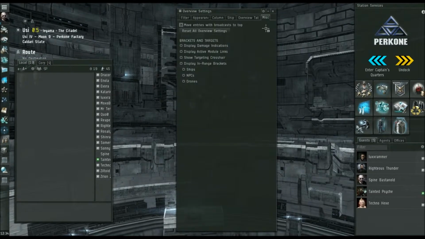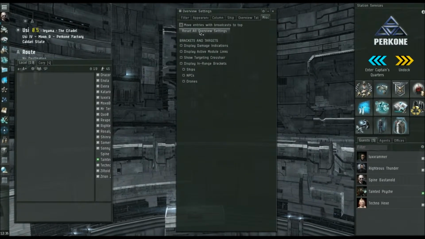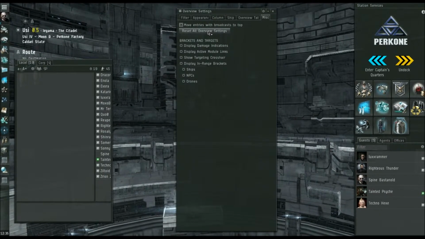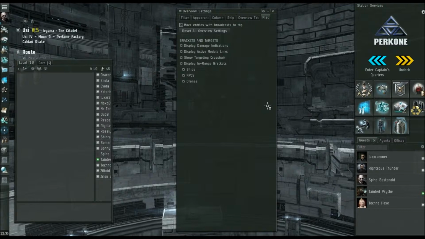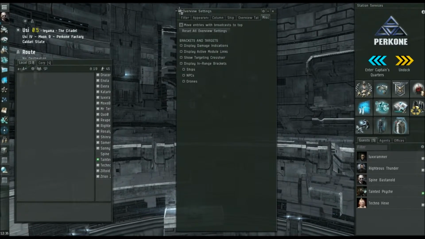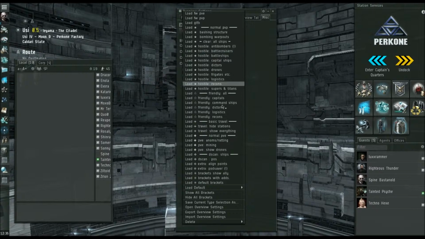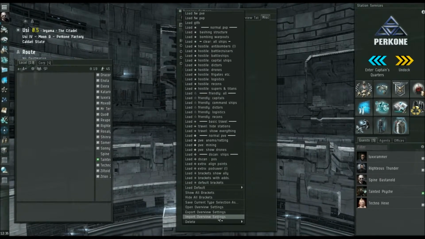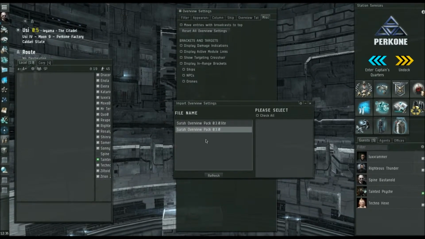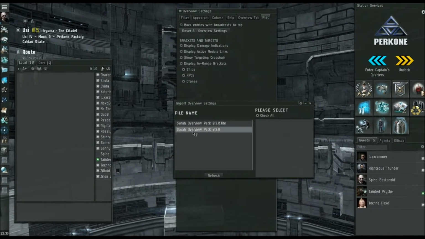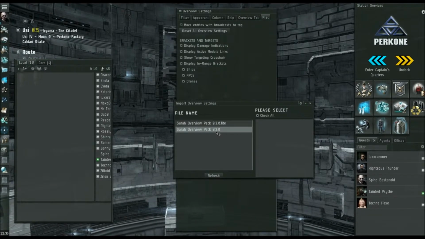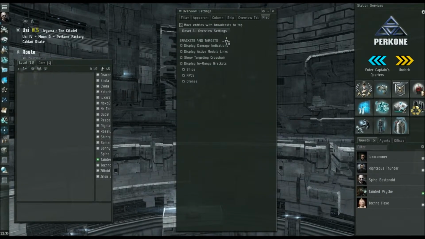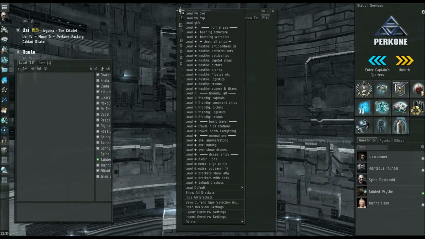So first thing to do, go to the MISC tab, and you want to reset all overview settings. This will wipe everything. This is what you want to do so that you can then install Sarah's. So click that and it'll wipe everything out. Then click on your little E symbol at the top and import overview settings down at the bottom there. When you click that, anything that's inside that folder will be available to you, and so you want Sarah's Overview Pack 3.0. Once you click on that, it'll give you 5 tabs,